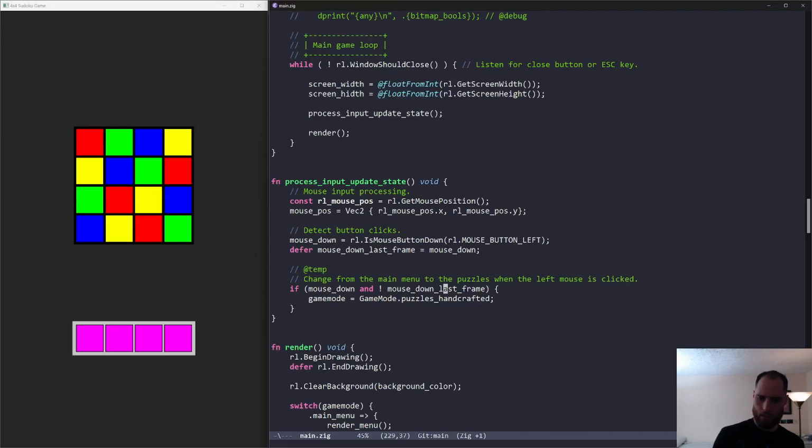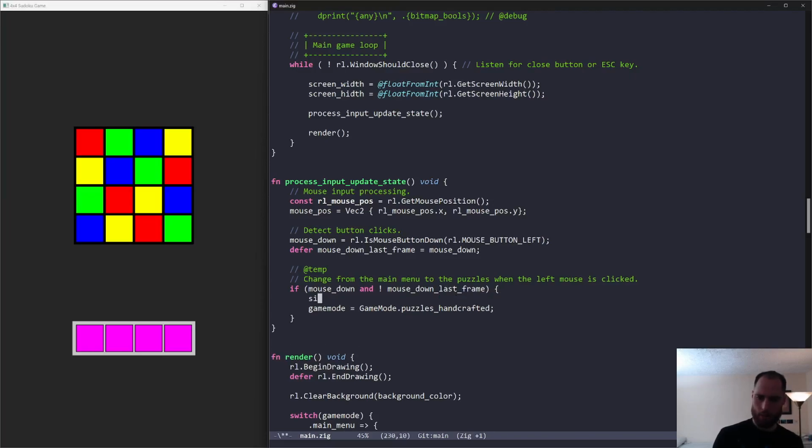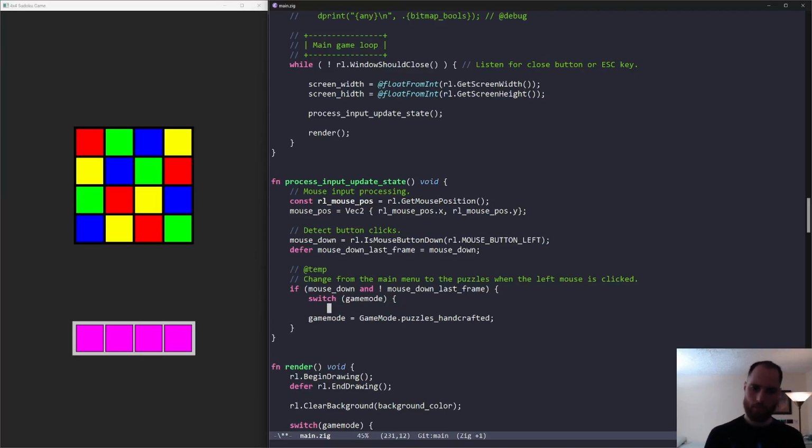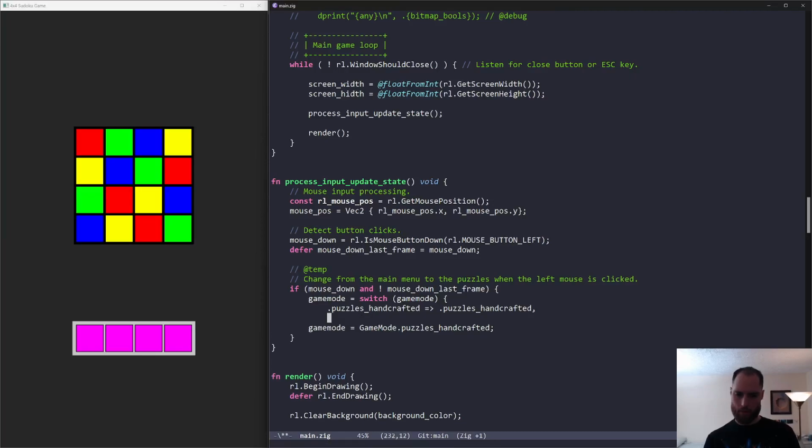How do we switch the enum? Why don't we switch on game mode? And then in the case that it's the puzzle's handcrafted, we want to go to game mode equals puzzles handcrafted. Otherwise, if the game mode is